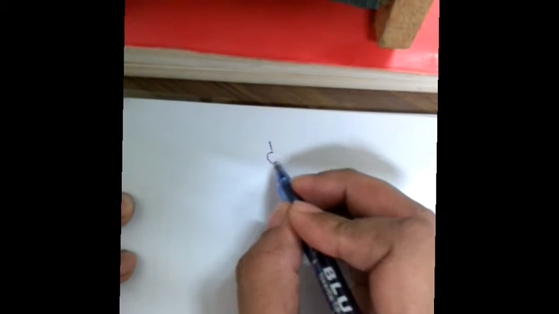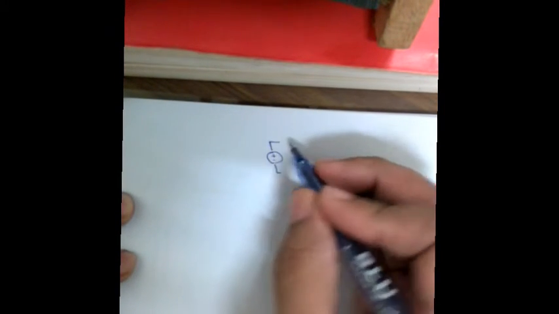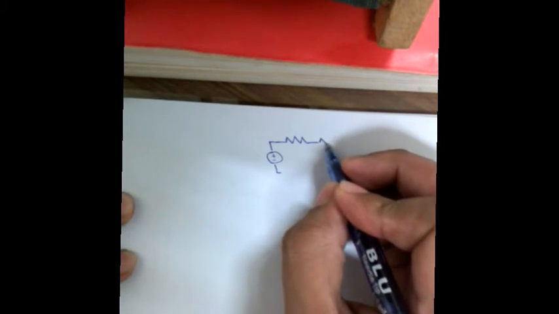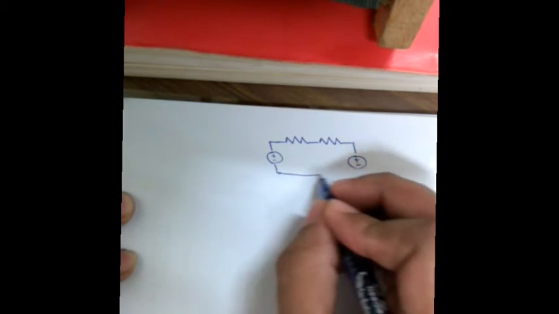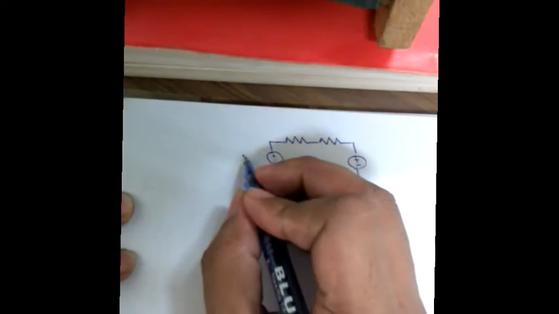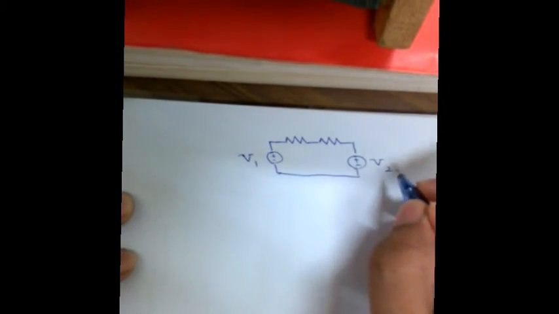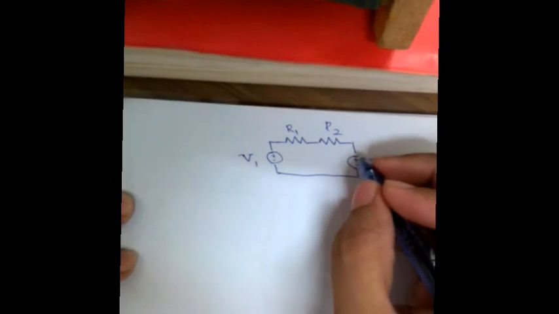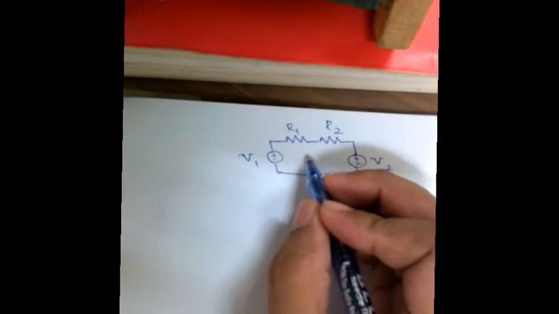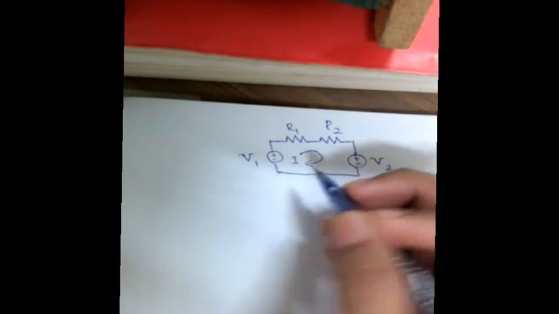For another circuit having, suppose, 2 voltage sources and 2 resistors, like V1, V2, R1 and R2. Right, we can assume some current I through this loop,